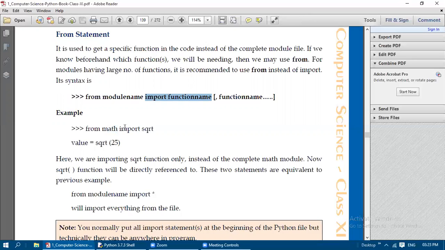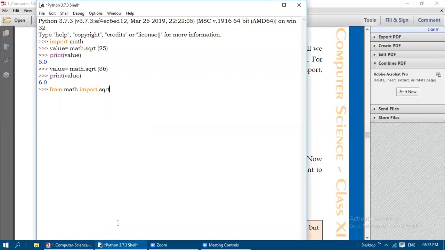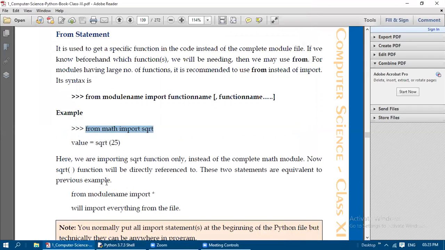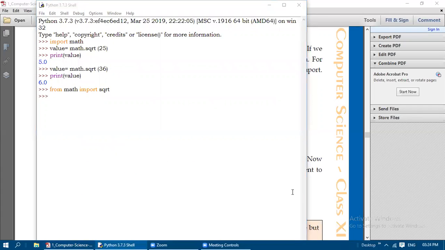Like that we need to write. So import square root. The name of the function we already know, so we can make use of this: from math import square root. Then square root of 25. Instead of square root of 25, we will write some other value, 49. Seven is the root of 49. Then we will print the value.